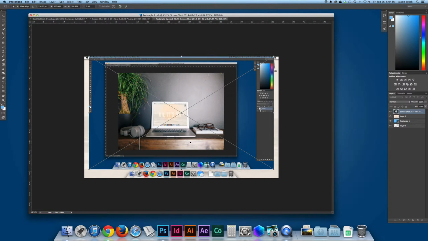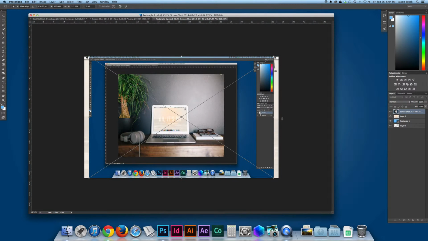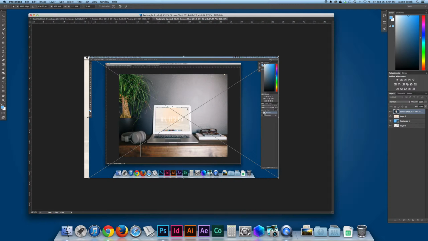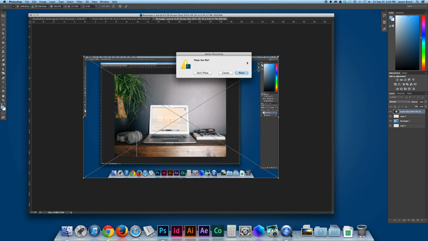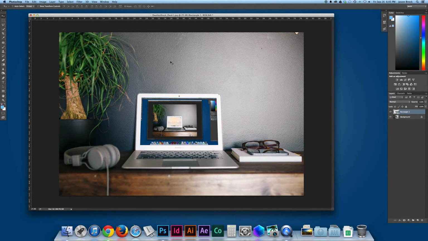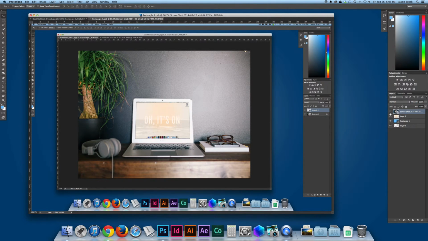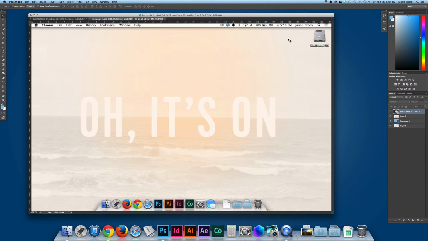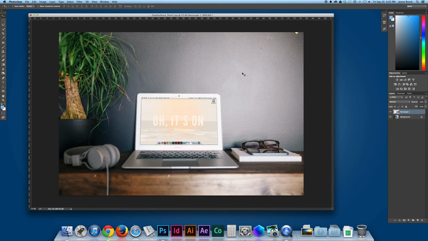It's going to look like crap, but that's something I can live with for this. And then place, and close and save. There's that, and that's what we got. And then we can go and adjust these layers anytime you need to. You can put all the things in there that you want. As long as you close this smart object and save it, you can put anything you want in there.